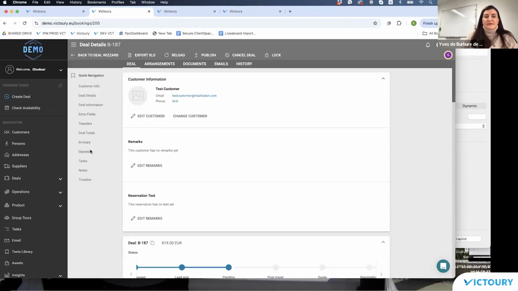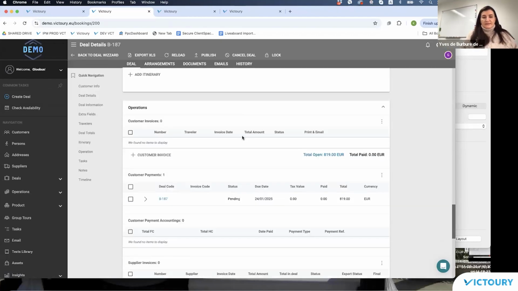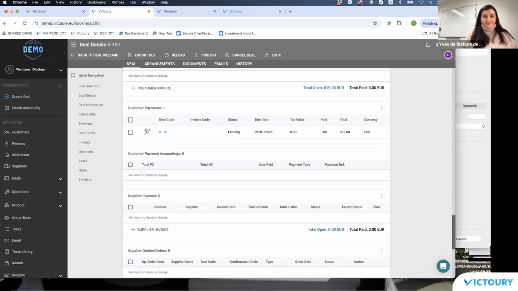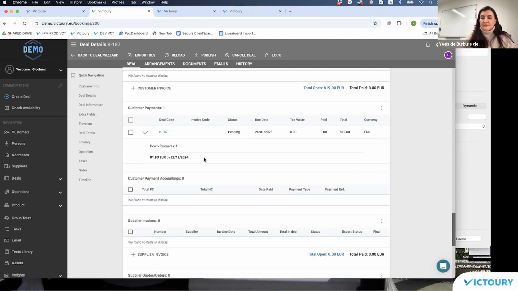And if I go to the deal and to the operations, I will see that I have one down payment that has been generated with 10% of the total, which is of the 819. It's 81.90 euro. And this is due on the 22nd of December, which is 10 days after my current date, which is the 12th.